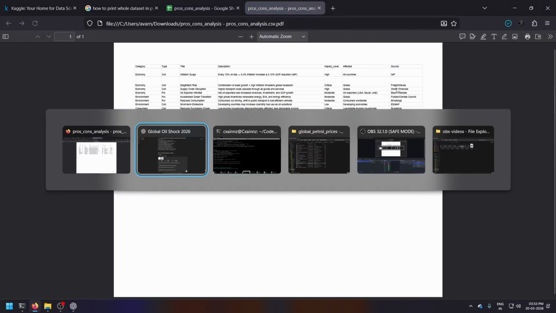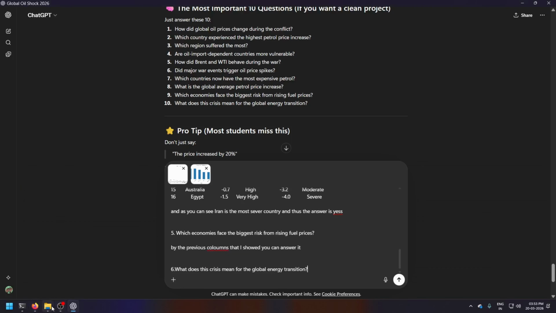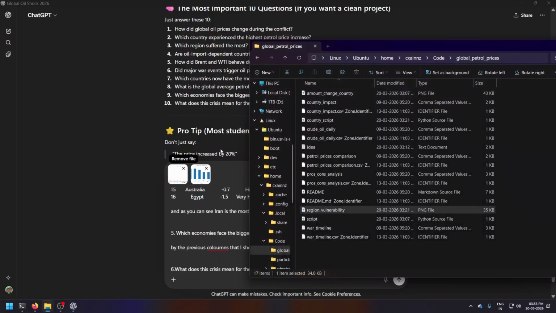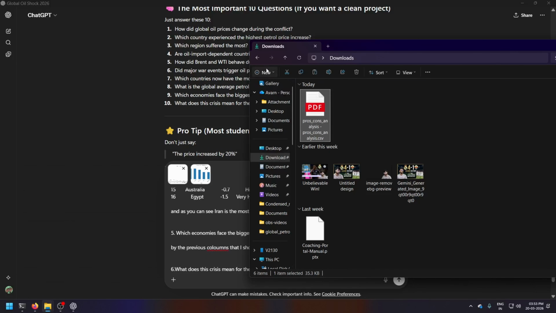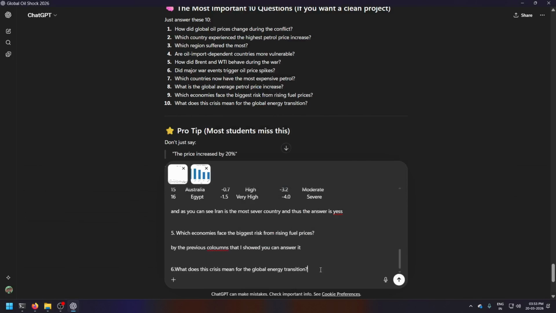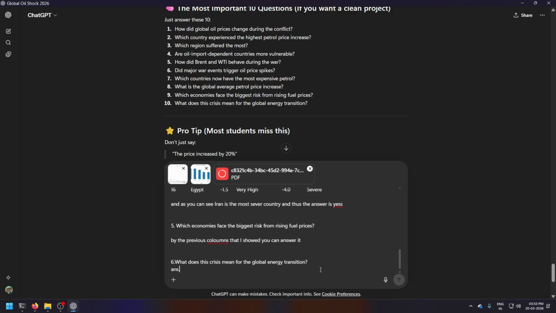Downloading PDF, and I will do this: Ctrl+C and then Ctrl+V, and then in the answer I will write, the attached PDF can answer your question.